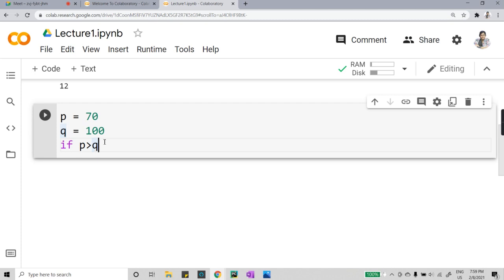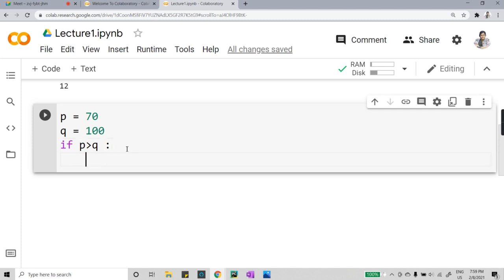So this is the use of if and else conditions, and you will understand it better with an example. For now, I have written if p is greater than q, and I put a colon. Here I have written if, then the condition, and then a colon. This is the syntax for using the if condition in Python programming. As soon as I press enter, keep in mind that you will get some spaces. You need not disturb these spaces. I would write print here.